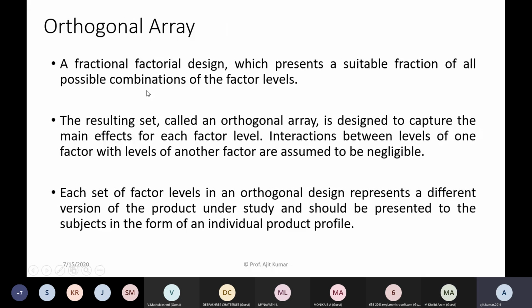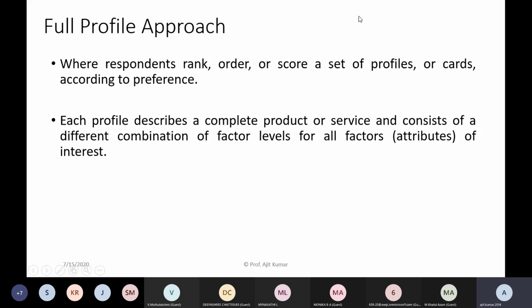Now what if there are n number of, some hundreds of such profiles? Let's say I take the example of a mobile phone. Many of the market research companies are actually conducting so much market research, asking respondents to rank. But what if they go with maybe 200-300 combinations? It will be very, very difficult, right, even for respondents to rank, because he might forget that he has already ranked maybe 15 to some other profile, and down below again he might be ranking the same thing. It is very, very difficult to give the correct order of preference.